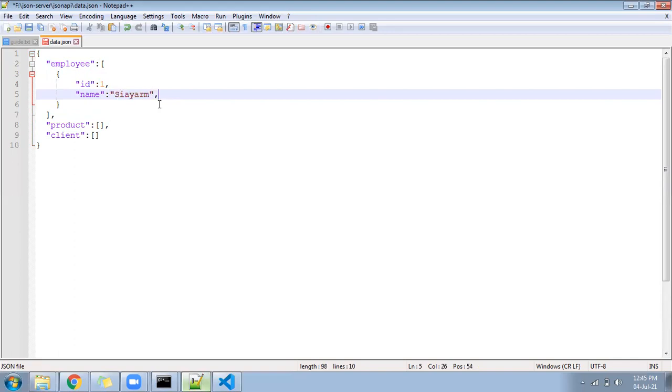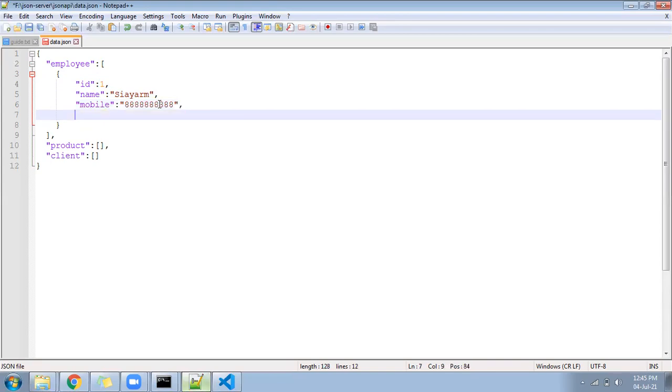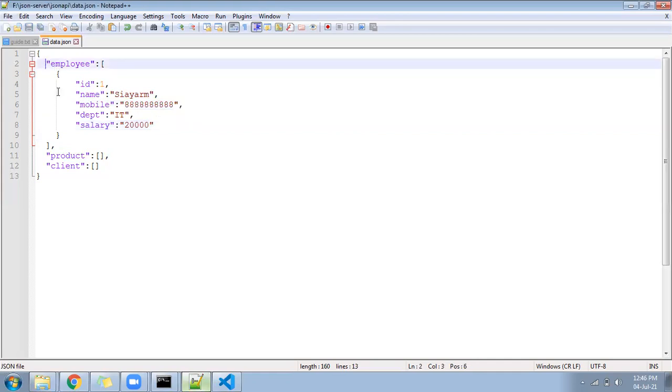After that, we can add one more key called mobile. We can add some value here, no problem. Come down below and write another one, department, maybe IT. Next, another key called salary. Keep something, right?